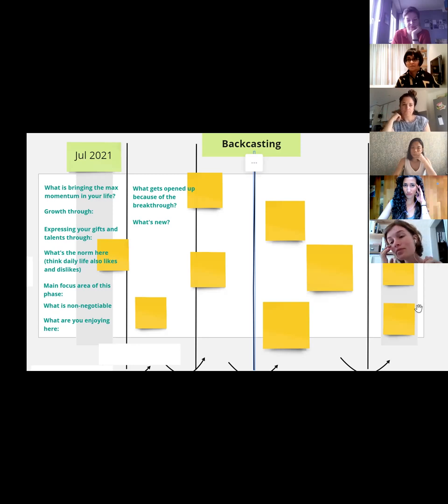Until and unless we stop, or take a retreat, or immerse in something completely, that's not going to happen, and things will look pretty much the same. And then the second thing is, because we all are changing so rapidly now, we are accomplishing things much faster, and our focus is changing very rapidly.